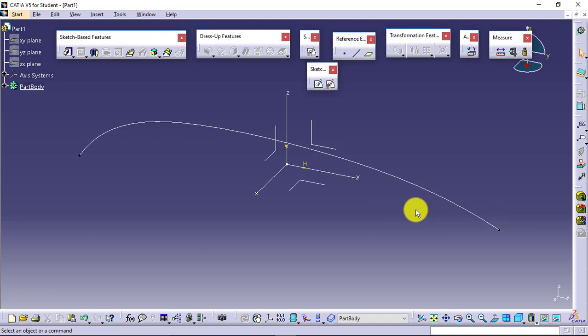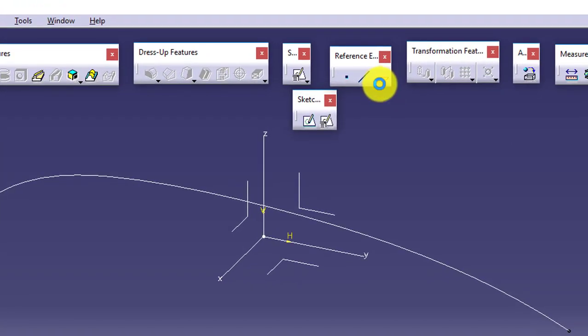Then what should be the profile for addition of material? What should be the shape which should actually follow the path? For that we will be creating a sketch normal to this path. Directly normal to this path, we don't have any plane available for creating the sketch. In the previous session we have seen that we can define the plane as per our requirement in the required shape or position. So I will go for a datum plane.